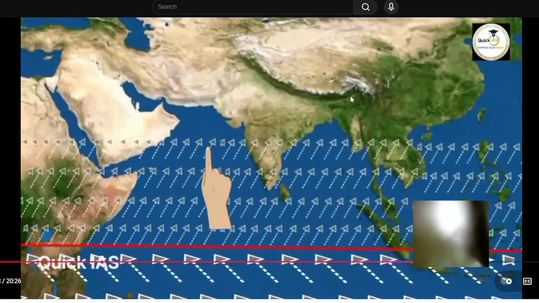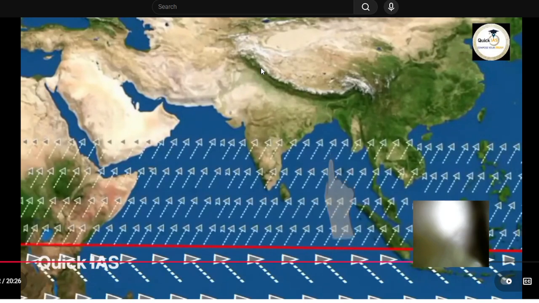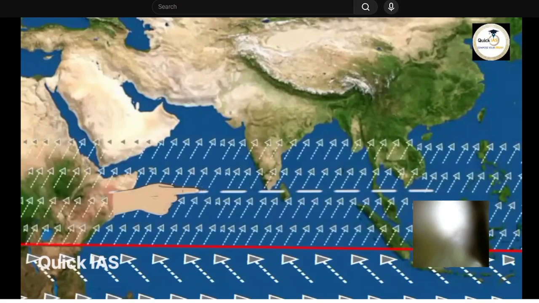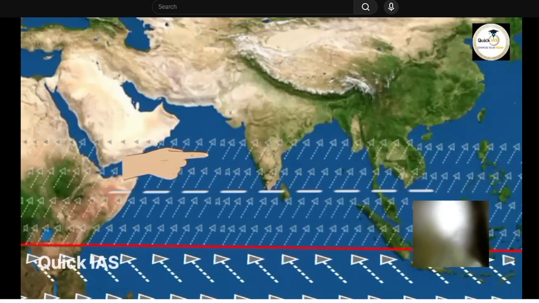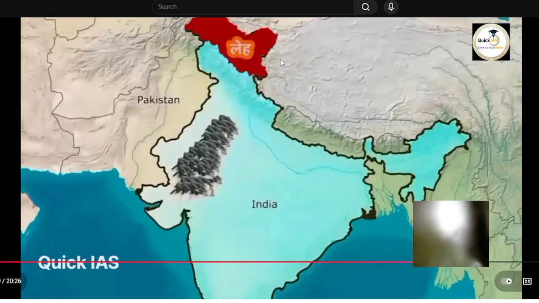If you are asked whether the Arabian Sea branch or the Bay of Bengal branch has the highest humidity, draw an imaginary line. To understand this, draw a line. The Arabian Sea branch begins to release water vapor, while the Bay of Bengal branch continues to collect water vapor from the Bay of Bengal even after this line. Therefore, the Bay of Bengal has a higher water vapor content, meaning it has higher humidity.